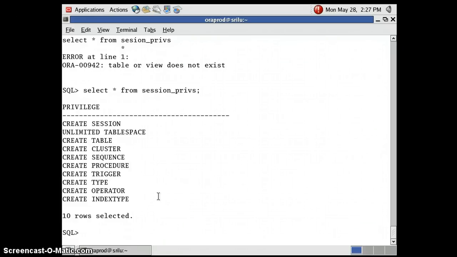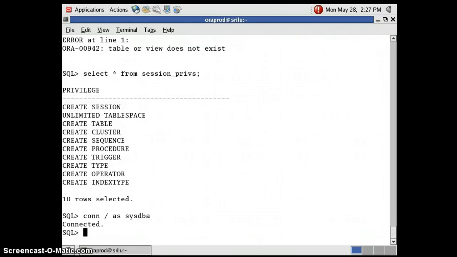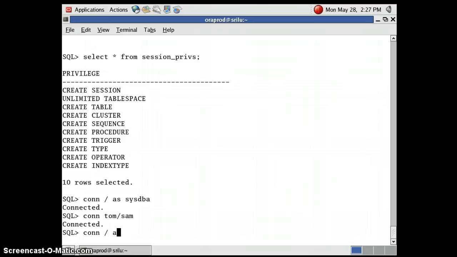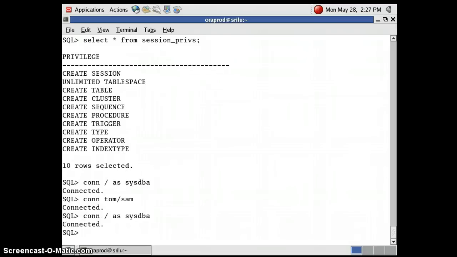So now we saw how to grant privileges to a particular user. Earlier we connected with the username Tom and a password of Sam. So now we'll see how to change the password for a particular user. We'll change the password of Tom. Earlier it was Tom, Sam is the password, and now we are going to change the password. So let's connect as SYSDBA, and to change the password, the command is